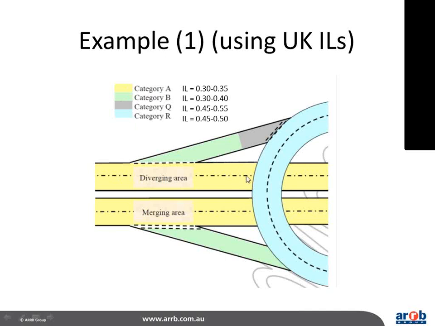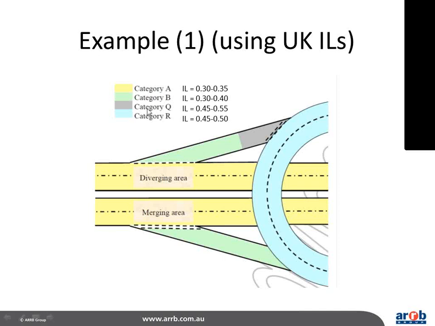So for the yellow pieces of road, that's our road coming through here, that would be assigned a category A, and we would need to decide between an investigatory level of 0.3 or 0.35. If we didn't know the site that well, we didn't have much background data, we'd almost certainly set 0.35,